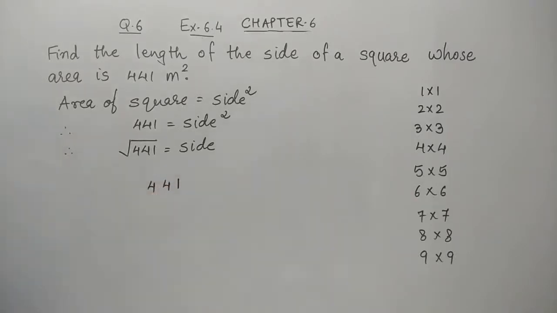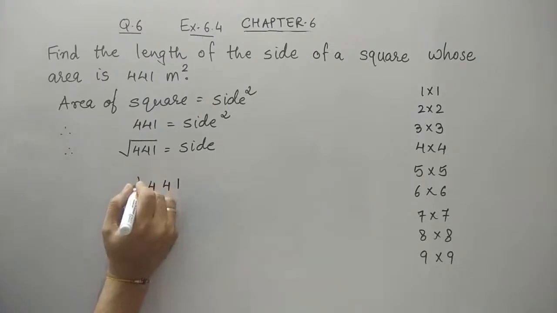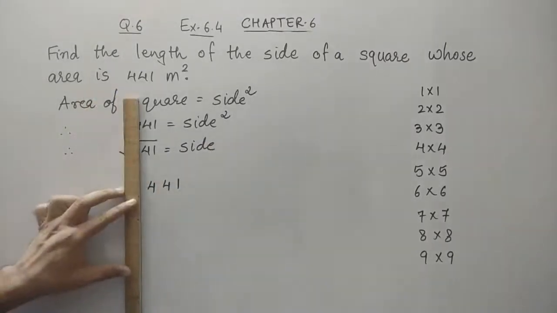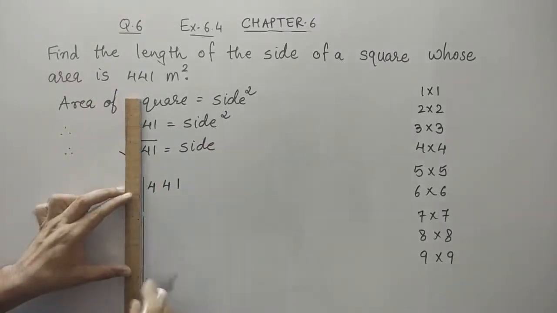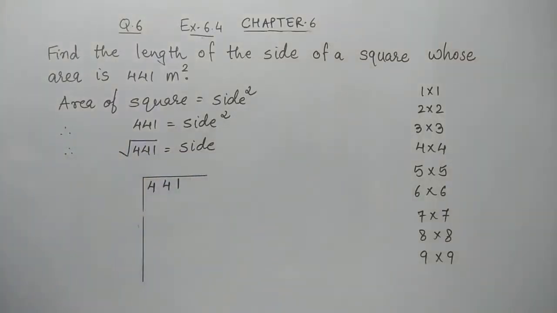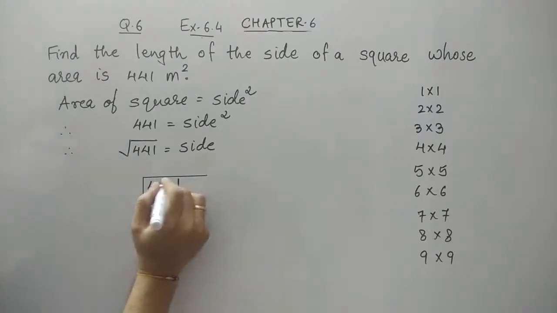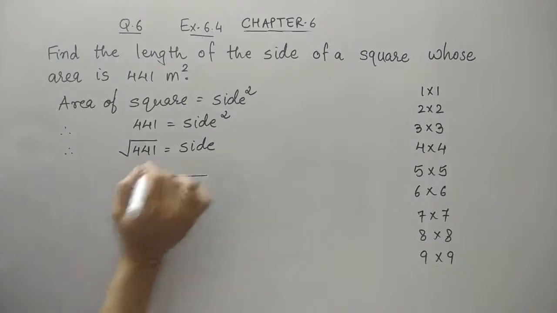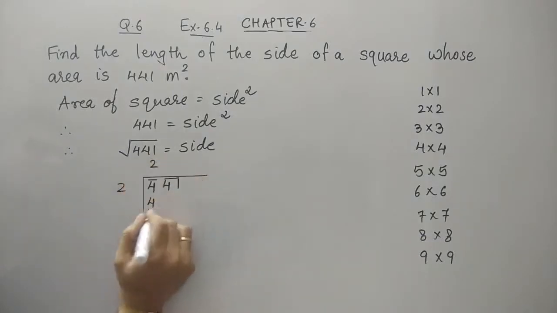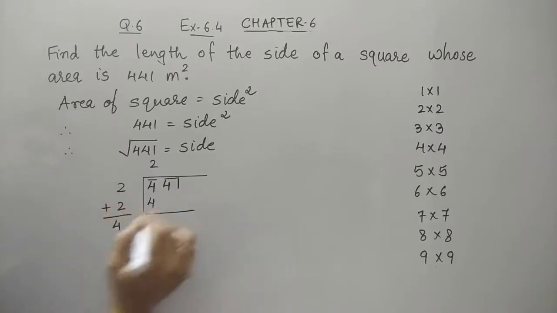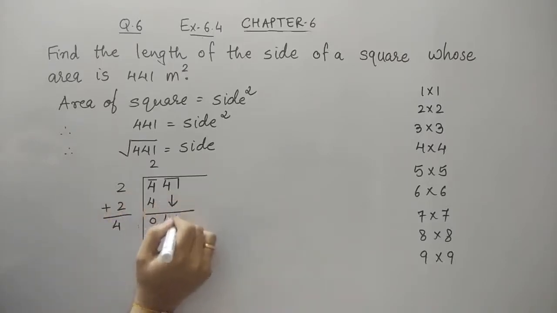Students, it is not compulsory that you use the division method only. You can go for the prime factorization method. You will definitely get the square root. So let us do that. We are doing this with long division. So let's make pairs, as there are three digits. As it is 4, we get 2 twos are 4. It's 0 plus 2, it's 4. Let us carry the pair, that becomes 41.